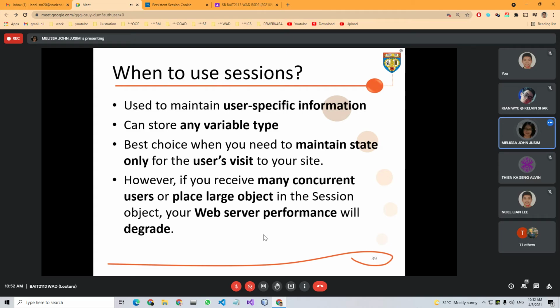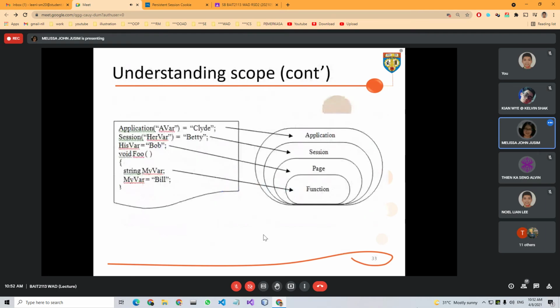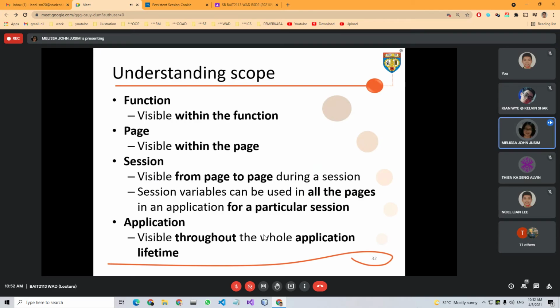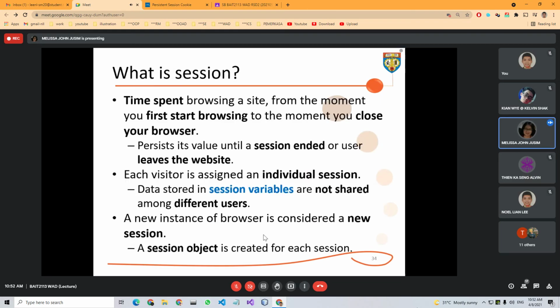Next one is the application object. If we go back to the scope, the difference between session and application: an application variable is visible throughout the whole application lifetime. A session variable is available for a particular session for all the pages, but only for that particular session.